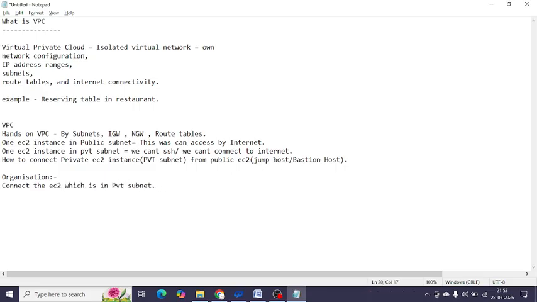Or else in the organization they will ask you to SSH to the EC2 instance, connect to the EC2 instance which is in the private subnet. Then you will wonder, how can I connect to the EC2 instance? Because it is in a private subnet. If it is in a private subnet, we can't get the public IP. If we can't get the public IP, we can't SSH into it. So the answer is